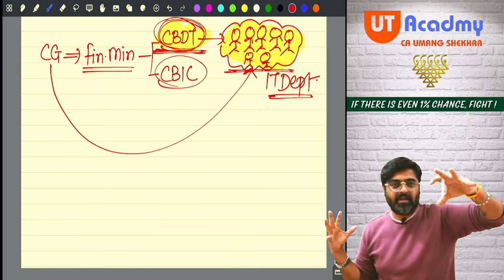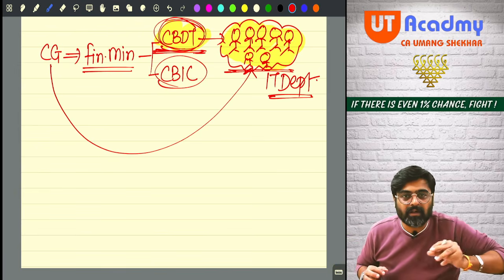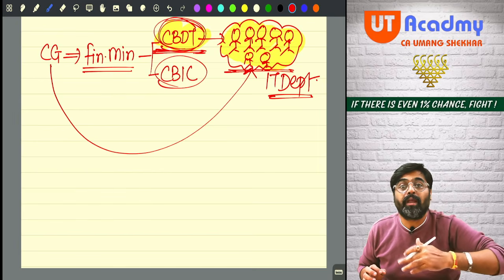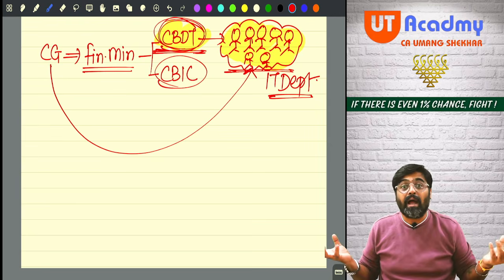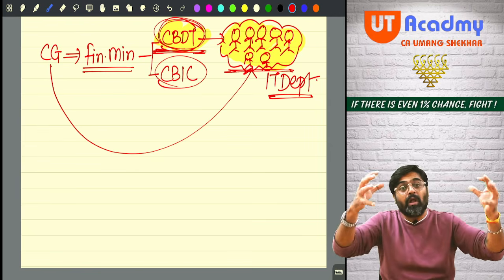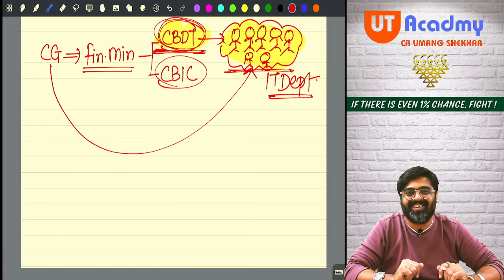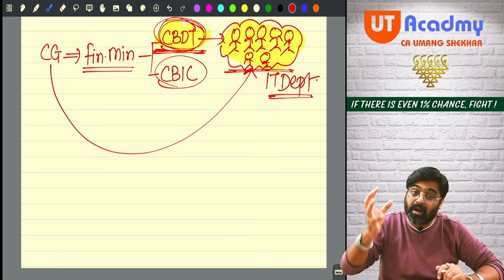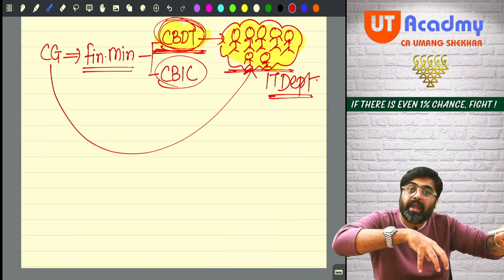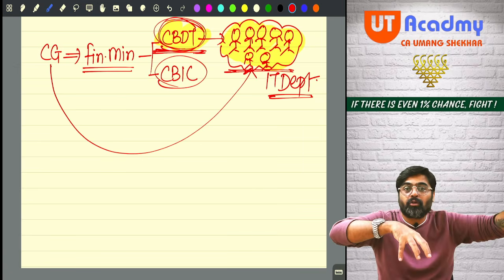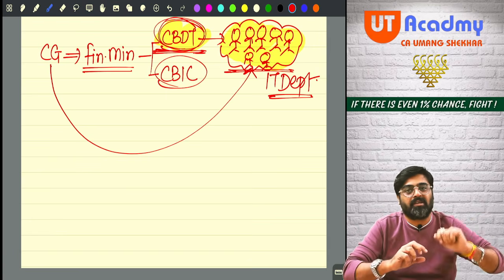And in different offices, different government employees will be put, known as income tax officers. Getting my point? And all the offices of the department will be reporting to the CBDT. So under CBDT is the entire income tax department, under the income tax department are various income tax offices, and under the income tax offices are various employees.